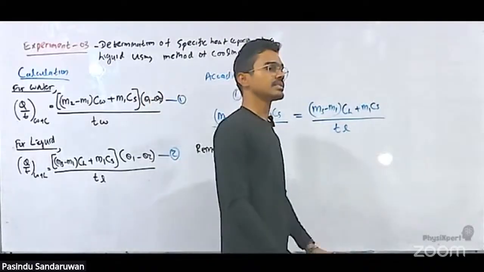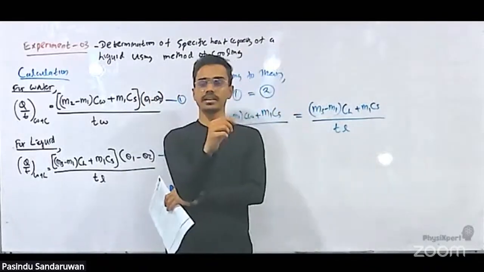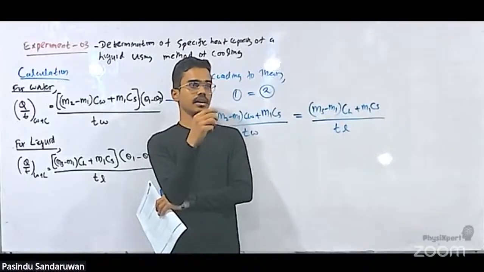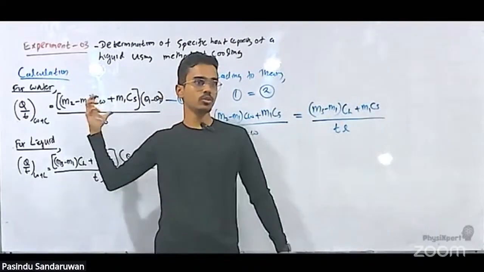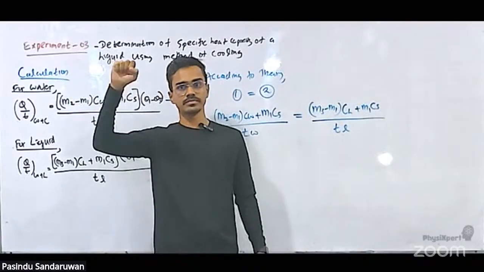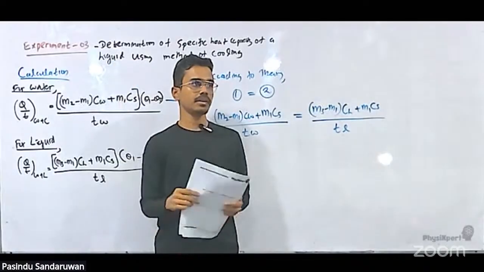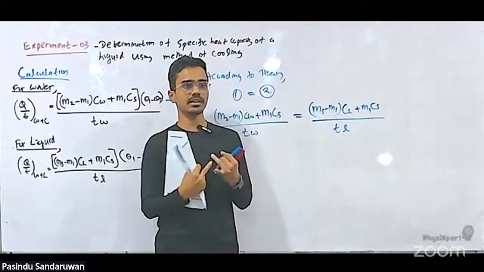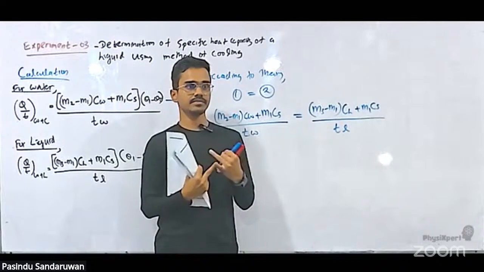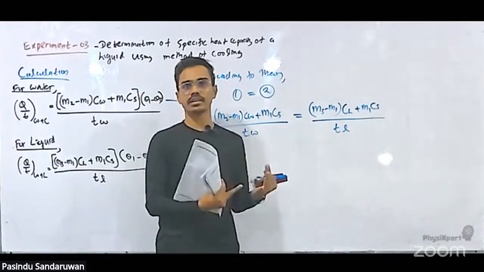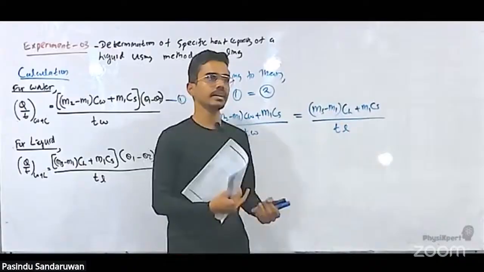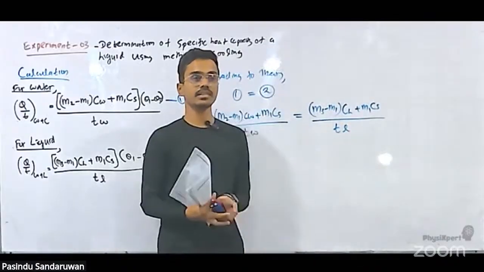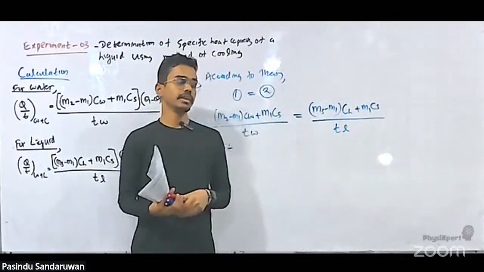Right. Reason is this. Listen. When it comes to glass and plastic, what we are using is a copper calorimeter, right? Glass and plastic are heat insulators. They are weak heat conductors. Then it takes a long time